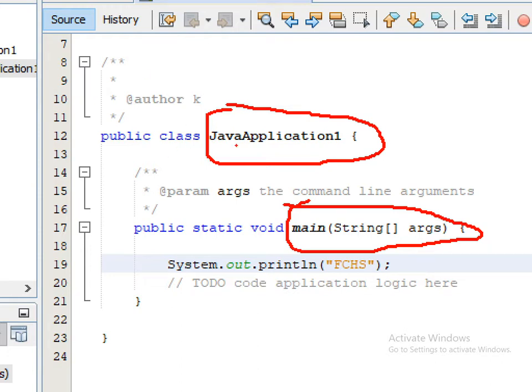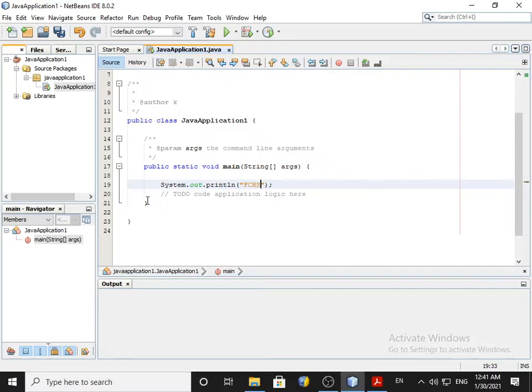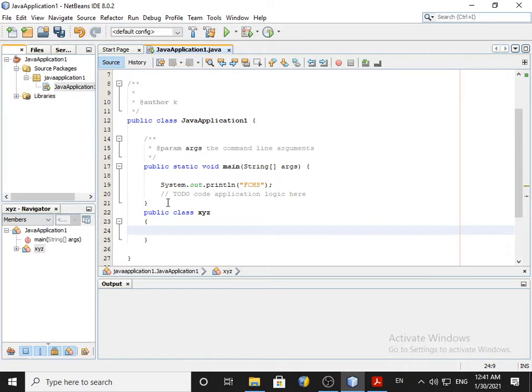You can create any number of classes, and when you compile, that many class files will be generated. For example, if I write here public class xyz, now when I compile this program, I will get two class files, JavaApplication1.class and xyz.class.